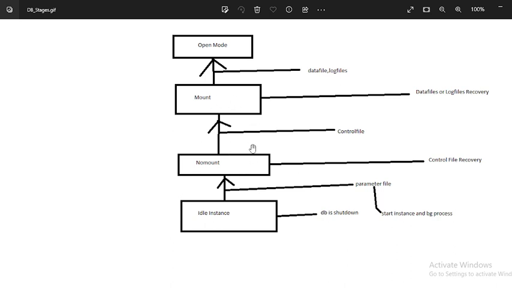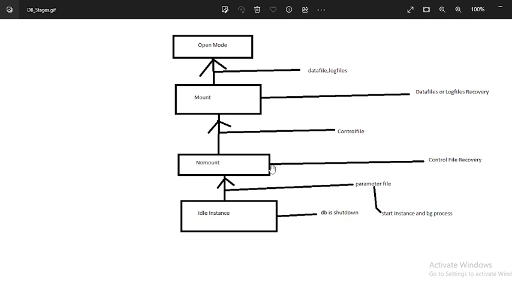If there is a problem in the control file, like if your control file got crashed, or someone has deleted one control file at OS level, then you need to recover the control file first, and then you can start your database. You can take your database from nomount to mount stage.